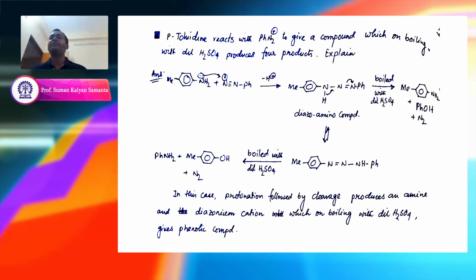And in the second case, where you have Me, Ph, N double bond N, single bond NH, Ph, here your NN single bond will break at the second step, meaning at the N single bond NH step. So then what will happen in this case? You get PhNH2 from here, and then you get Me Ph N2 plus. That N2 plus will be replaced with OH. So you get Me, Ph and para position OH. Okay, so you get paracresol. So you get 4 products in this way.